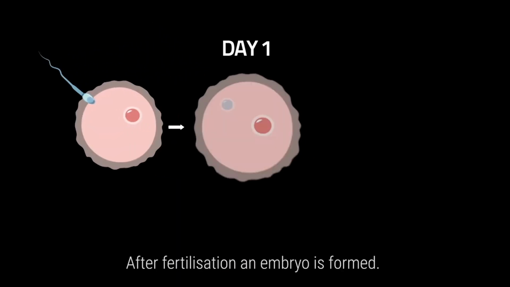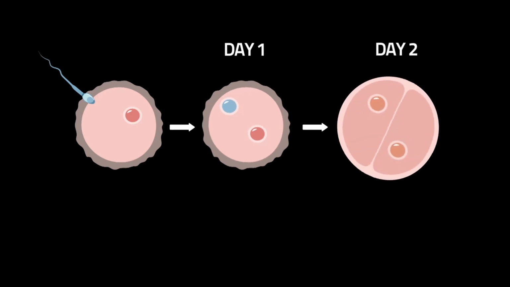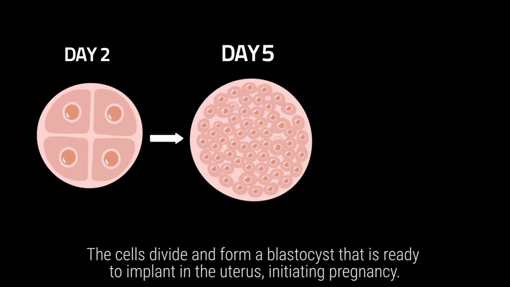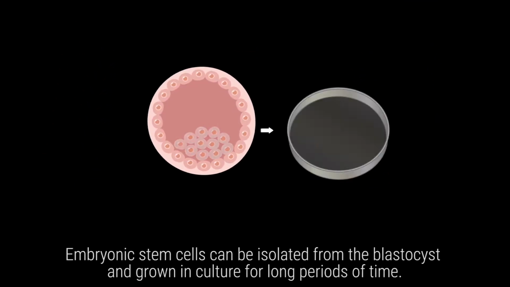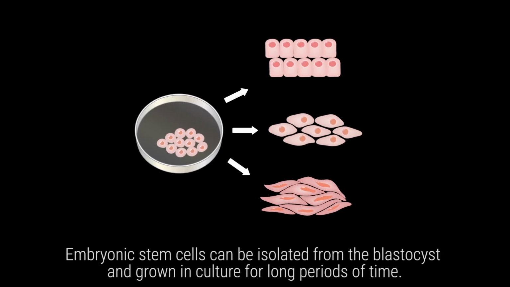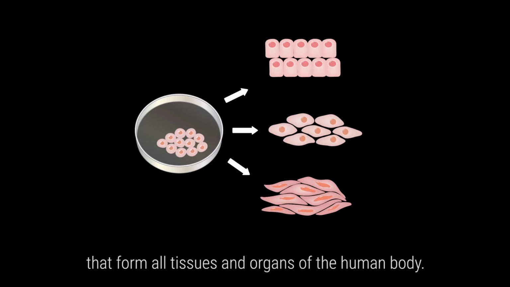After fertilization, an embryo is formed. The cells divide and form a blastocyst that is ready to implant in the uterus, initiating pregnancy. Embryonic stem cells can be isolated from the blastocyst and grown in culture for long periods of time. They can be differentiated in the laboratory into the progenitors and mature cells that form all tissues and organs of